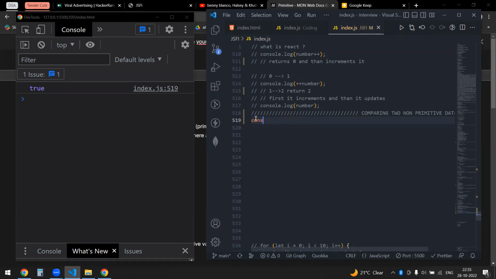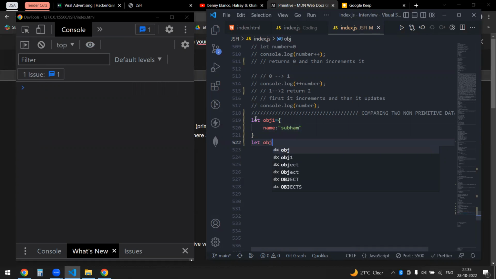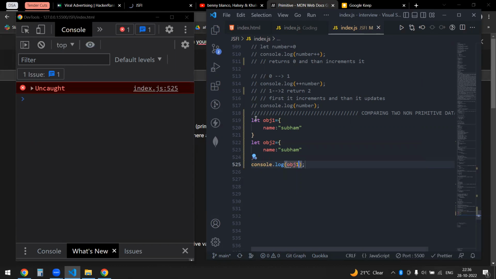But let's say obj1 equal to name 812, and then let obj2 name be the same. And let's say I want to log obj1 triple equal to obj2. So it will give me false, right? Because what happens is